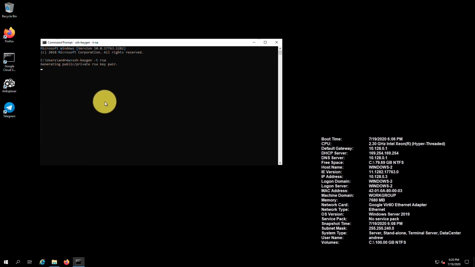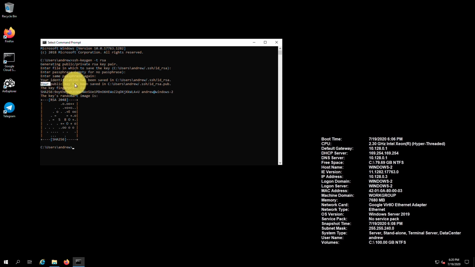It will start the key generation process. You will be prompted to choose the location to store the SSH key pair. Press enter to accept the default location. Next, choose a password for your login to the virtual machine or hit enter if you wish not to use a password. I'm not using a password, so I leave them empty.